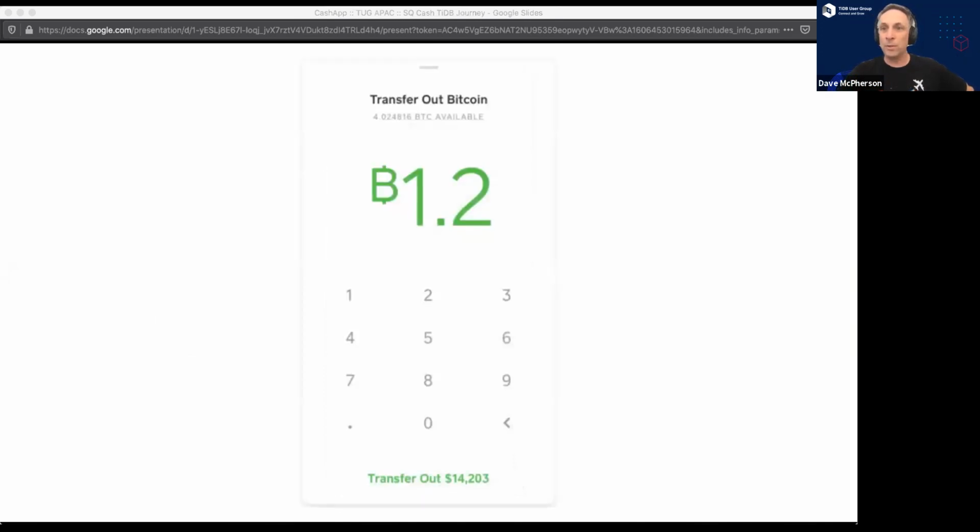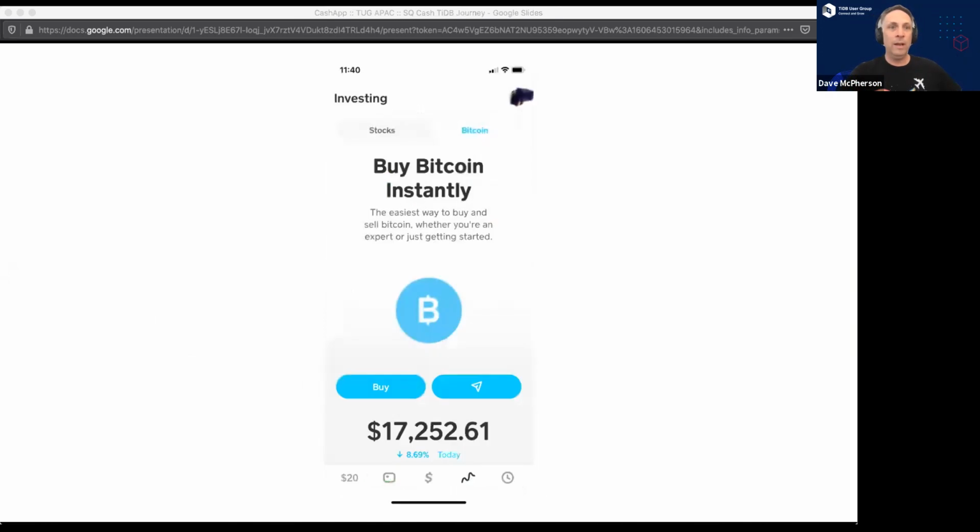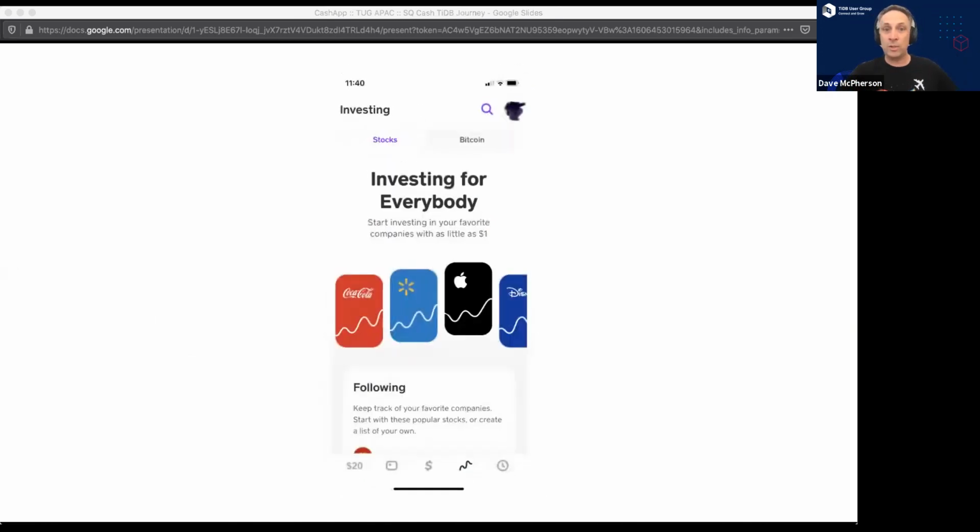Within there, you're able to buy and sell Bitcoin and also trade stocks as well. Something worth noting is you're able to trade dollar portions of shares. So even if something's worth $800, you can take portions of it, which really feeds into the whole concept and ethos of Square, which is to put financial tools into the hands of those who are more disadvantaged than others.